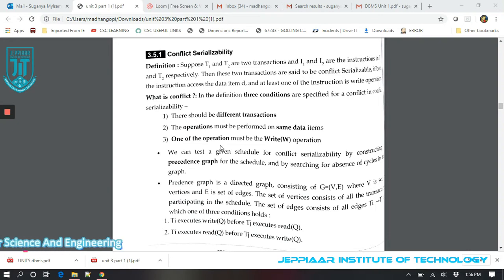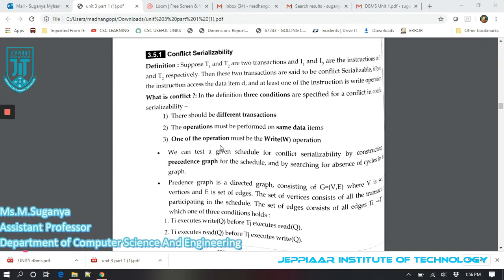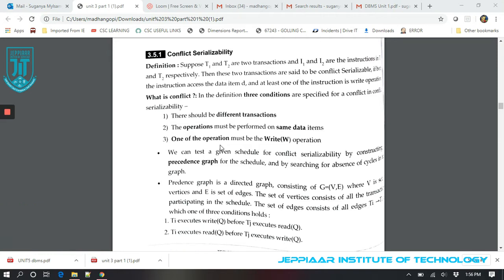Okay, so we'll consider two transactions. We have transaction 1 and transaction 2, and the instructions that are going to happen for these transactions are considered as instruction 1 and instruction 2, for T1 and T2 respectively. So how we decide if these two transactions are in conflict is